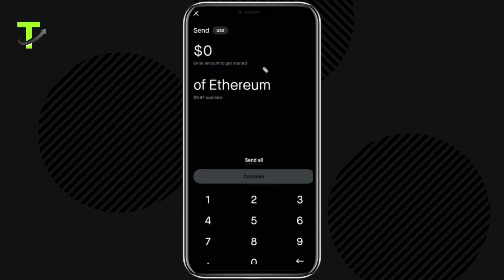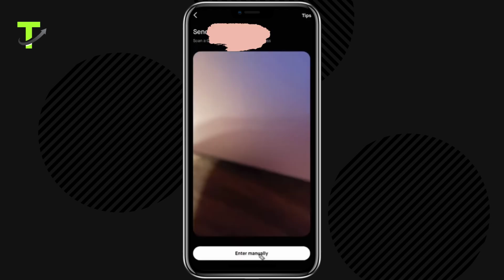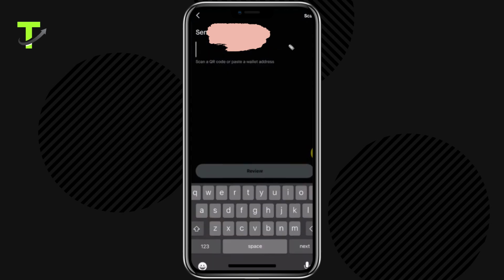A new screen will appear where you need to enter the amount you want to transfer in dollars and click Continue. Then, you'll be asked to scan the QR code or paste the wallet address. If you want to scan the QR code, open your Phantom Wallet address on another phone and scan it. To paste the wallet address, click on the Enter Manually option, where you can tap and hold to paste your